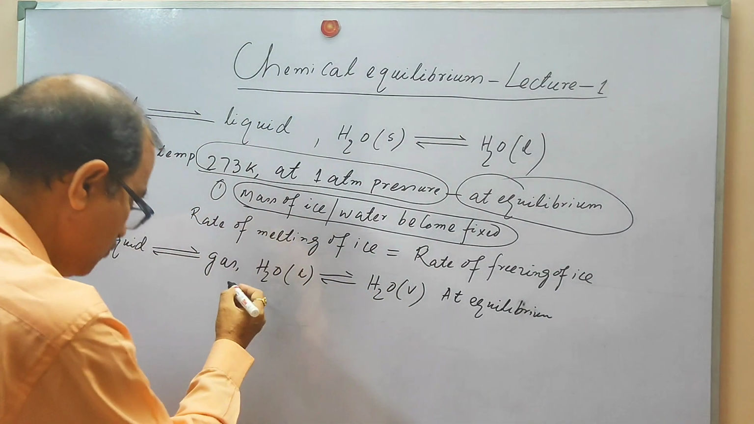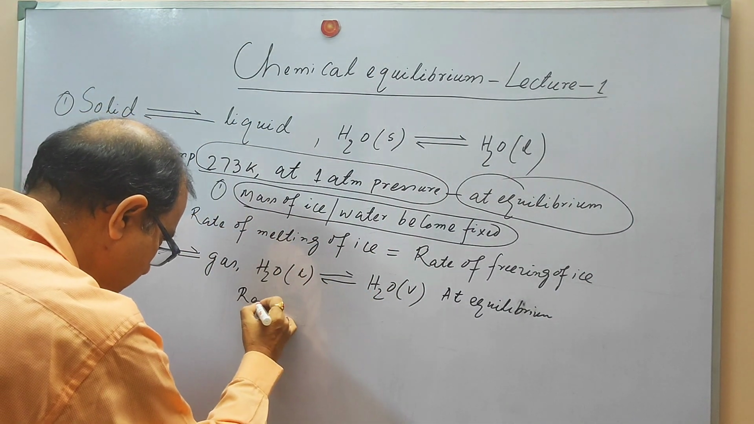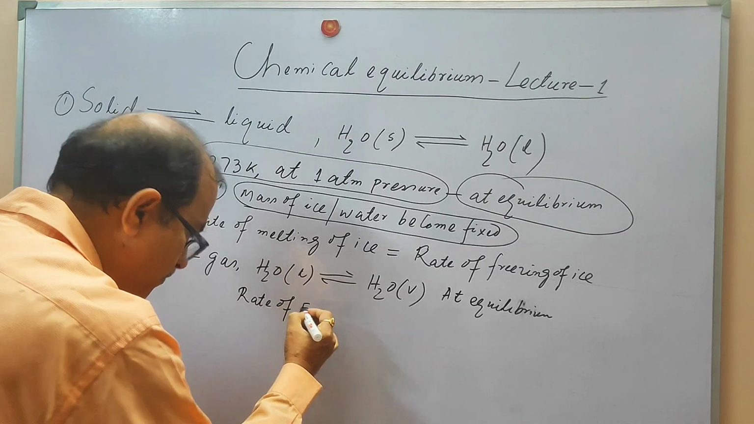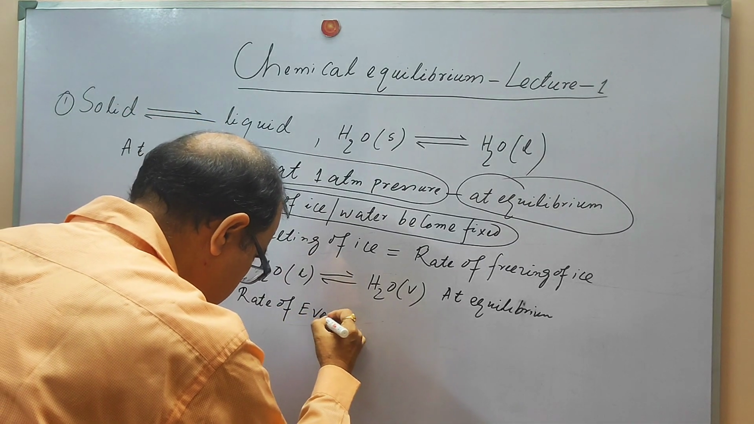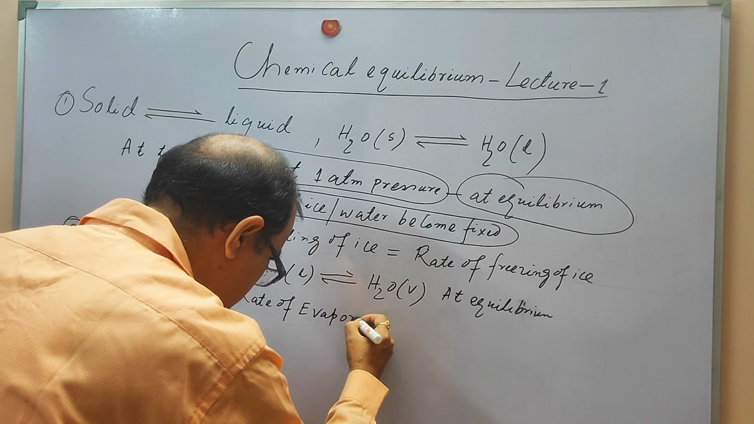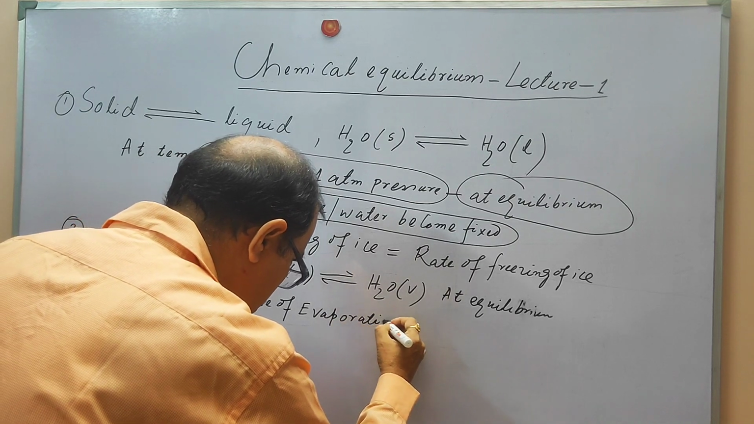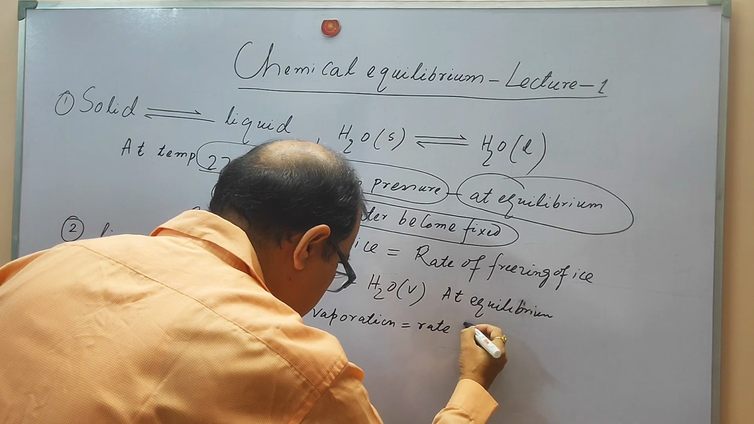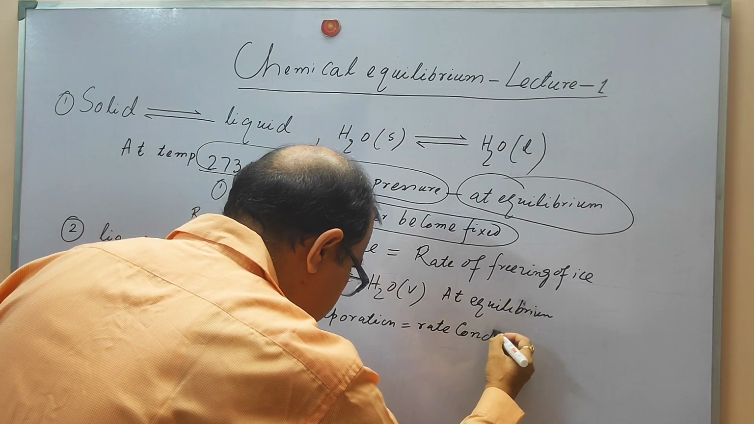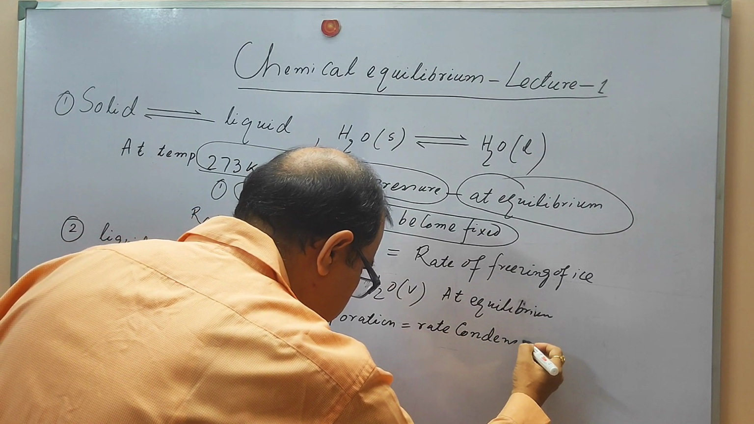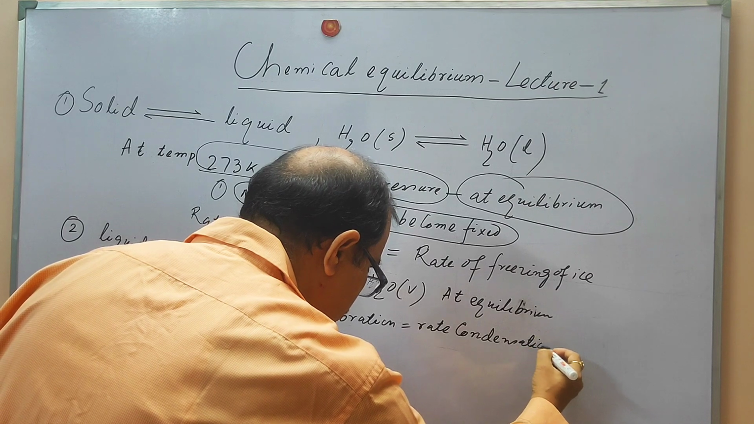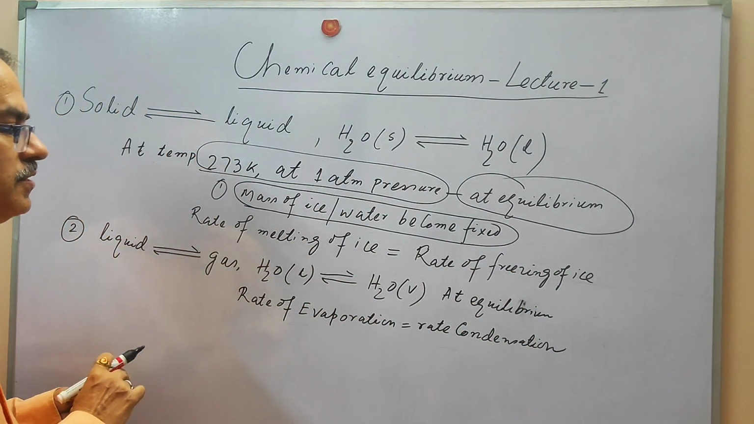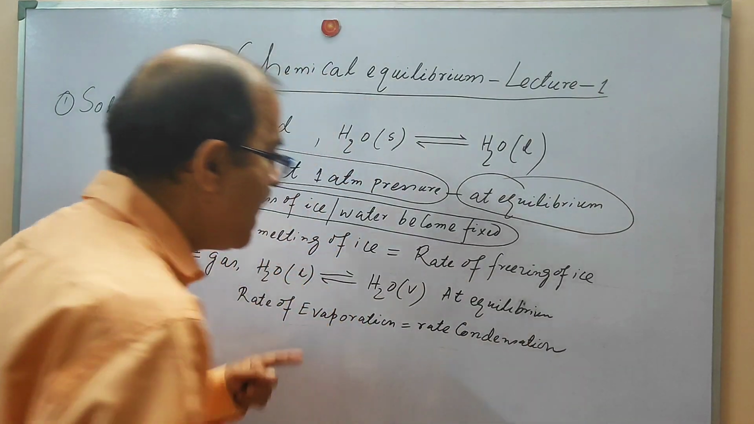At equilibrium, what is going to happen? The rate of vaporization, we can say not vaporization, it's evaporation. The rate of evaporation is equal to the rate of condensation. That we can already discuss: there are two reverse processes, the rate of evaporation and the rate of condensation, and they are equal at the equilibrium